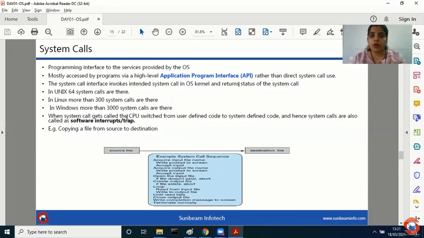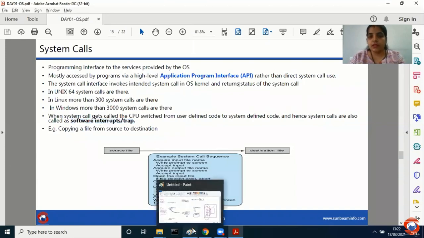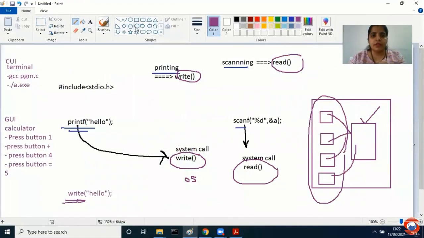When a system call gets called, the CPU switches from user-defined mode to the system-defined code. Hence, system calls are also called software interrupts or trap. For example, can you please tell me, यहाँ पे मैंने printf दिया, वो कौन सी application से दिया?